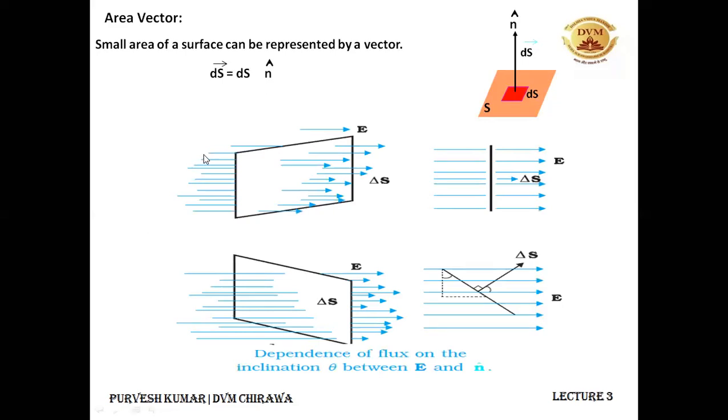See this thing. So these are the electric field lines which are coming to this surface. If I place my surface like this, all the electric field lines will be passing through it. It is similar to holding a glass pane when the sunlight is coming. If the sunlight is coming from this direction and I am holding a glass pane over here, all the sunlight will be passing through it. But if I tilt this glass pane like this, only this much amount of sunlight can be passing through it.